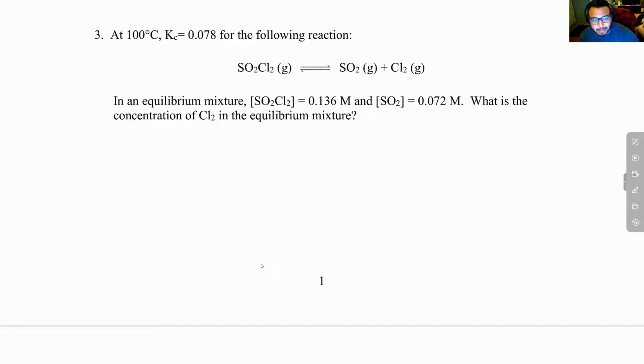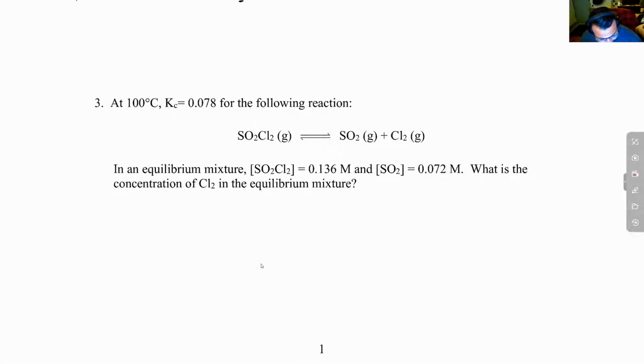And in an equilibrium mixture, so this is at equilibrium, it turns out that we have our concentration of our SO2Cl2, and we have our concentration of our SO2, and they're asking us for the concentration of Cl2. So basically they're saying, can you relate the equilibrium constant to the Cl2 that we see there? Okay, so just as a recap, hopefully they're getting the hang of this, but the idea is that Kc, remember that our value for,